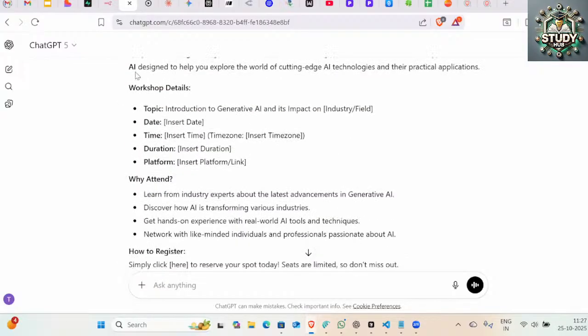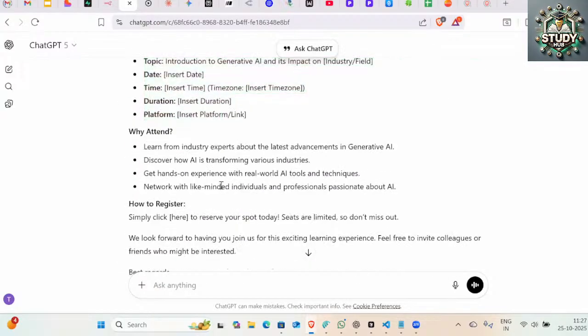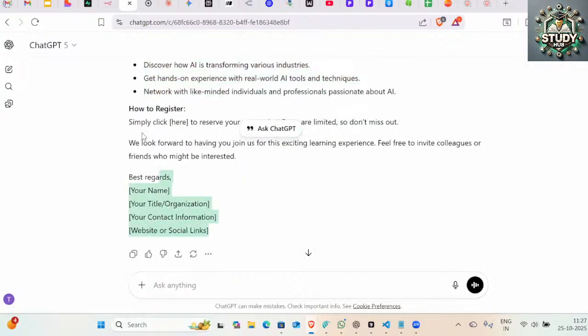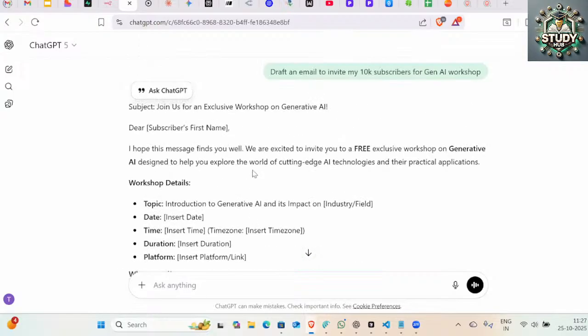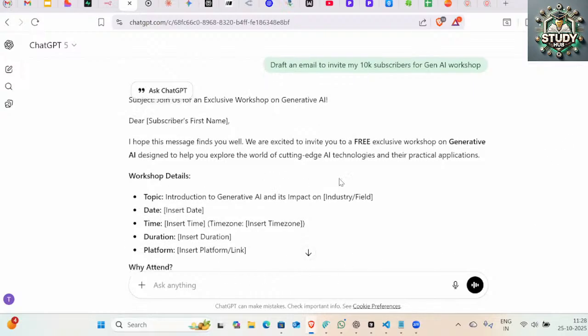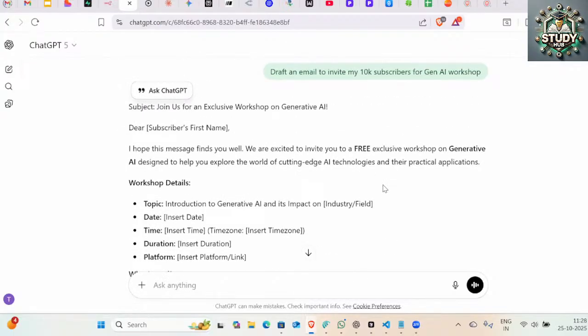I got a subject, I got this workshop, what you will attend, what you will learn, how to register, and this part. How much will you rate this email? Because I wanted an email, I got an email. Out of 10, saying that 10 is the best and 1 is the worst, how would you rate this prompt out of 10? Quickly in the chat, right? I would personally rate it maximum 1 or 2. How would you rate?